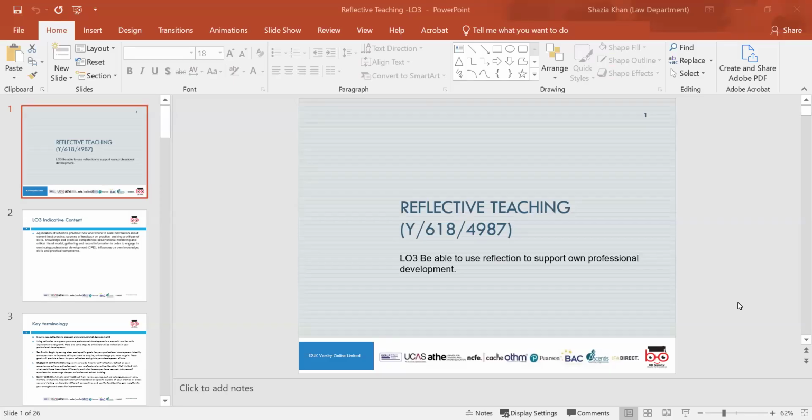Hi everyone, my name is Shazia Khan, and the unit that we'll be doing today is reflective teaching, and the learning outcome we'll be doing today is learning outcome 3, which is to be able to use reflection to support